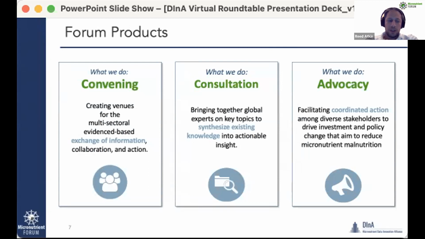We're currently hosting the Micronutrients Coalition, which is an advocacy element to make sure that micronutrients are appropriately prioritized in global development agendas. And we host consultations, including the work we're doing on the Micronutrient Data Initiative. We're also working on women's nutrition and the Healthy Mothers, Healthy Babies Consortium and the Anemia Alliance, and host various